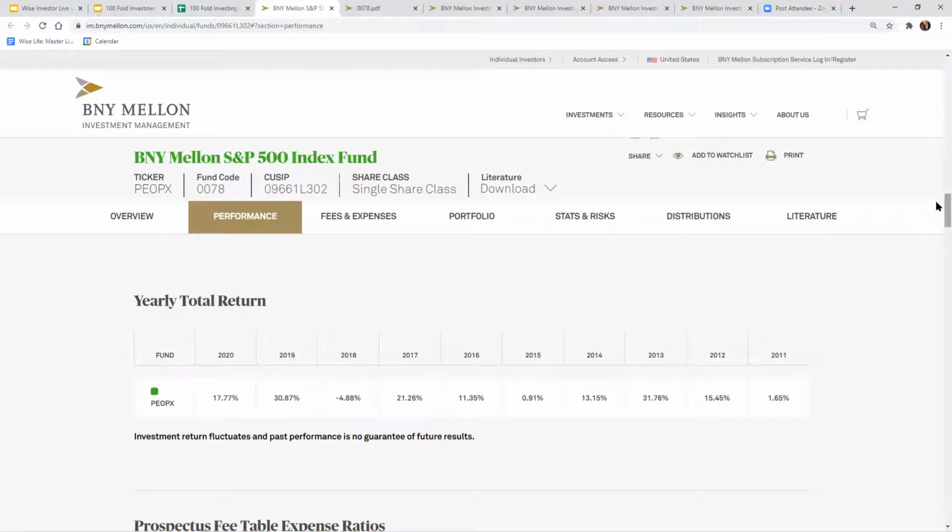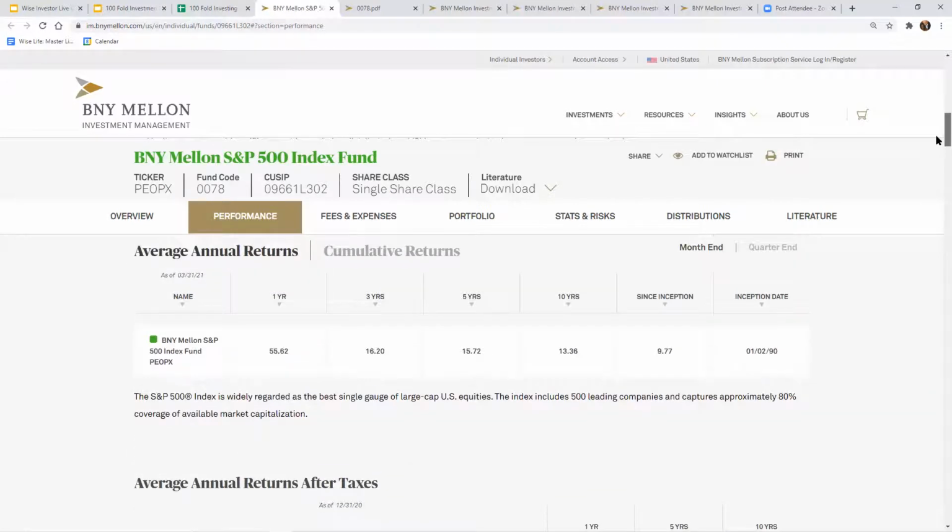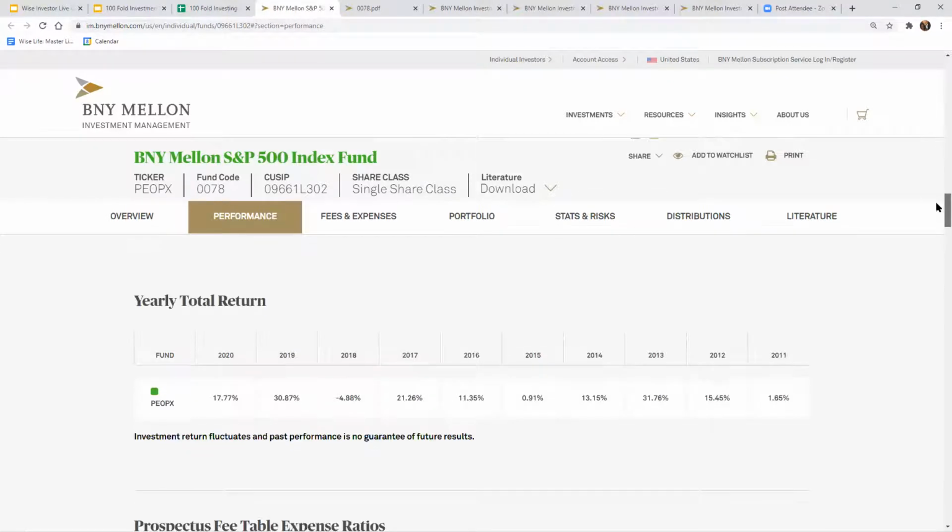What happens is if you're measuring your investment by the day, by the month, or even the quarter, and even in this perspective, the year itself, then what you could be missing out is on this. So don't jump off the ship because of one bad year, okay?